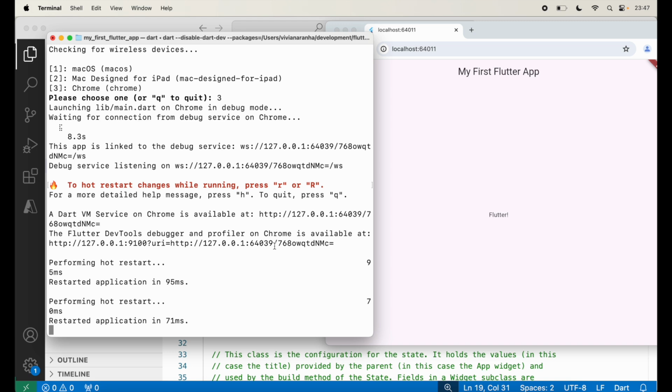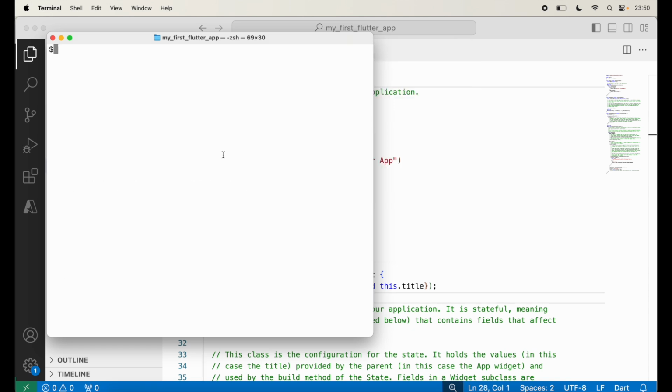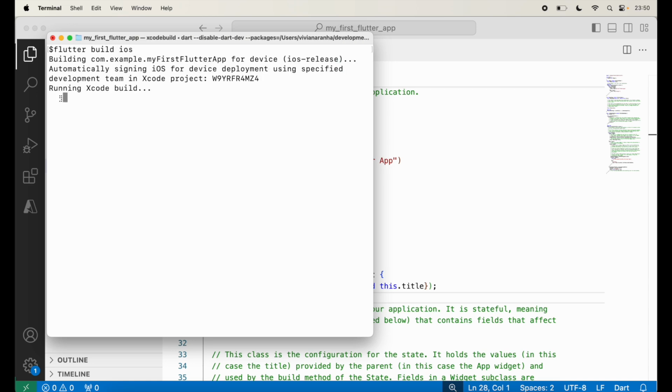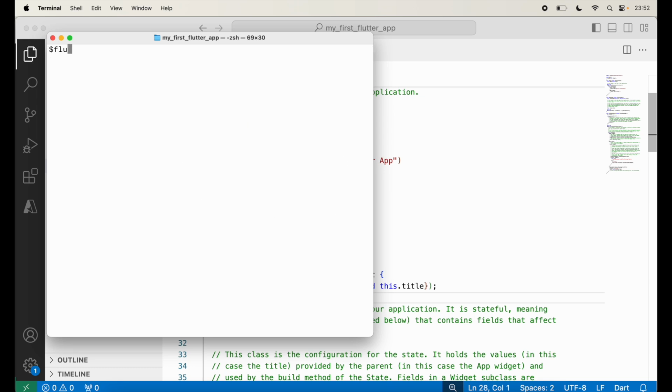Now let me close this, clear this out. So I'm going to go ahead and say flutter build ios. It's going to build the app for iOS devices. And then it says it's built. After a few minutes, use this and say flutter run,